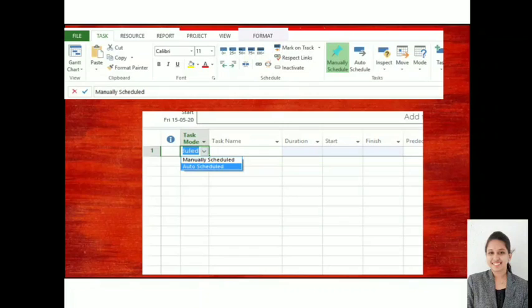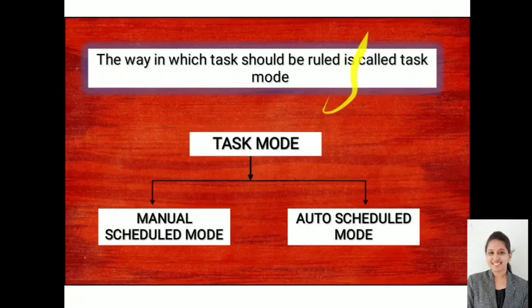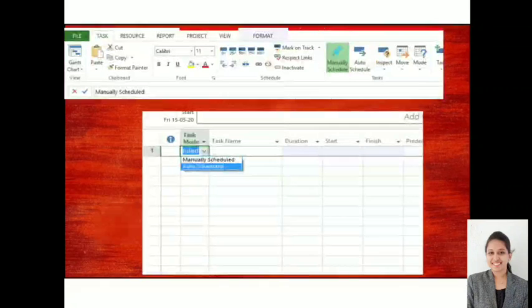But in auto scheduled mode, the task is scheduled in a highly structured and systematic way of managing it. Once you choose auto schedule or manual schedule, it decides the flexibility for your activities to move in the project. So here you can see how exactly we make this option. One is in our main ribbon. In the task tab you have two options, manually scheduled or auto scheduled. Likewise, the second option is in our home screen, where there is task mode, where you can select whether it is manually scheduled or auto scheduled.